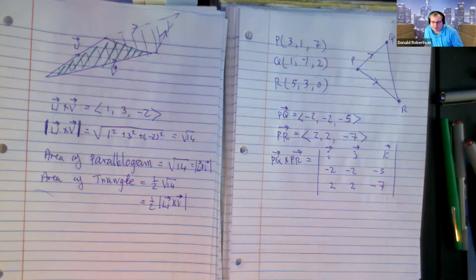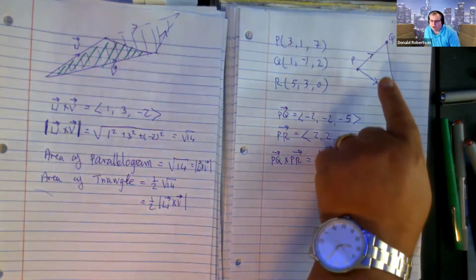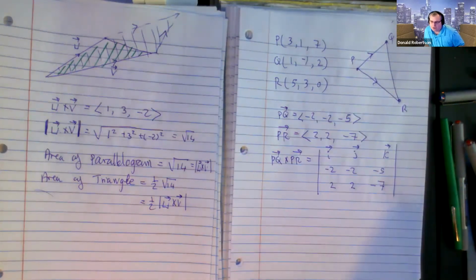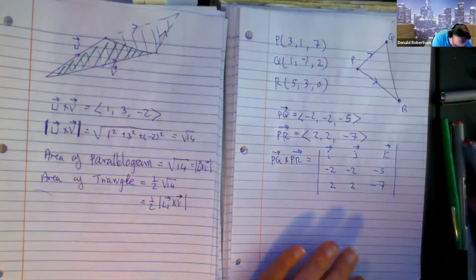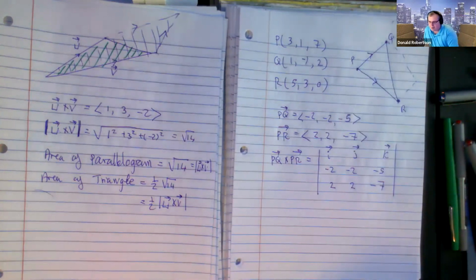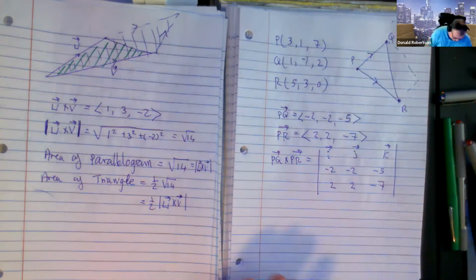But wait a minute, got to be careful here. I want the triangle. Once I've got that cross product, won't the magnitude give me the area of the parallelogram, right? So remember to half your answer when you're finished. Does that make sense? Half the magnitude of this vector. So